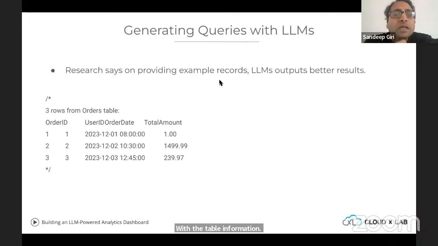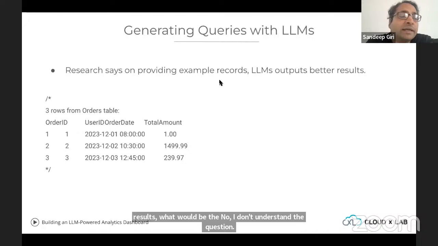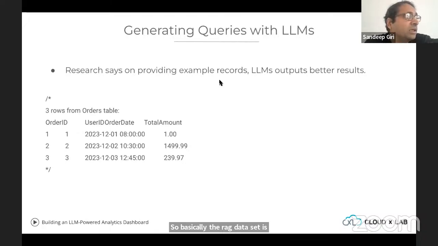Now, let me see if I understood the question. If we are using an LLM for specifically analyzing SQL results, what would be the RAG? No, I don't understand the question. So basically, the RAG dataset is the way people are interpreting RAG. So what exactly would you mean by RAG? RAG usually means